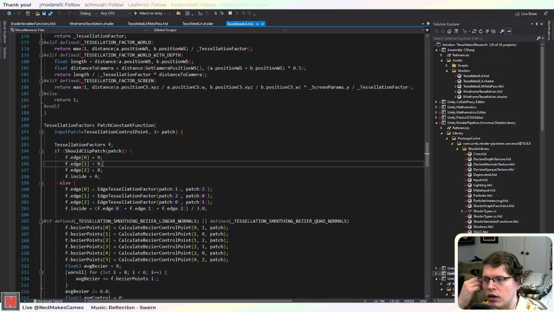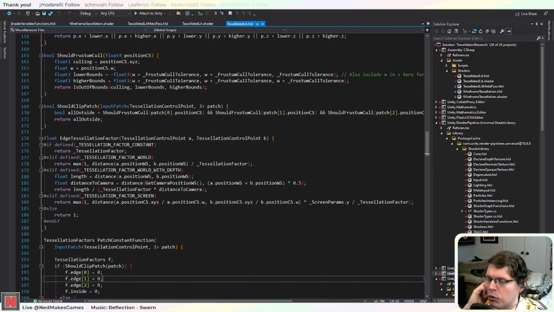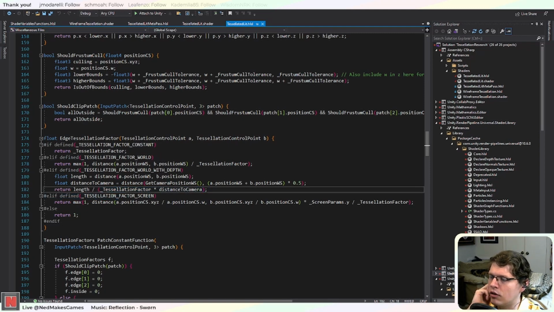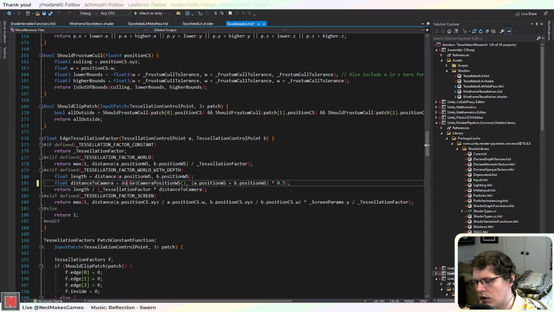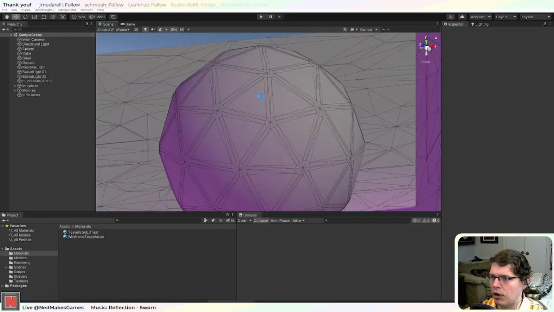Let's see, so what it does now is it multiplies the distance from the camera with the tessellation factor. So the farther the distance, it just means that it takes more length to double the tessellation. I guess we could do a squared distance, which would be the dot product of these two. That might do the opposite of what I want, but